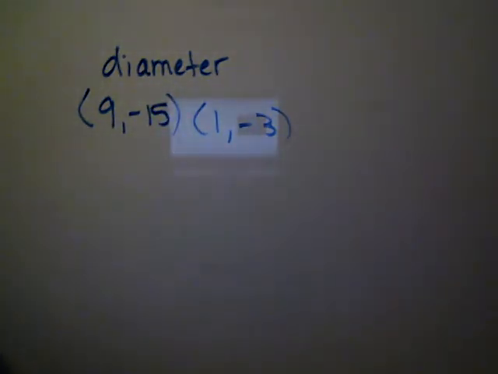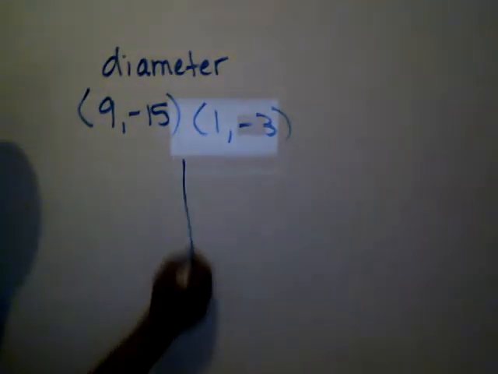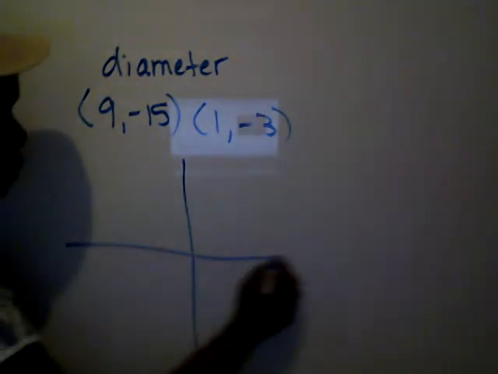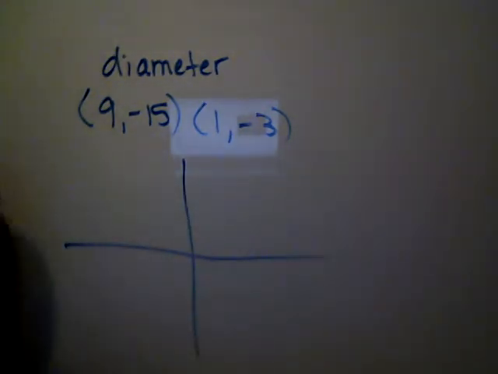Okay, so one way to look at this, which may be a little bit easier, we can always use the distance formula. That's just another formula to try to keep track of. So I'll show you a different route that may be a little more helpful on the test if you can't remember the distance formula. So if we were to just kind of plot where these points are, kind of roughly,